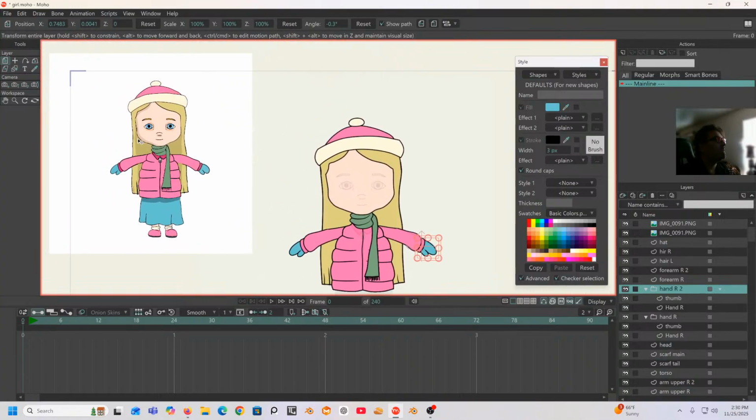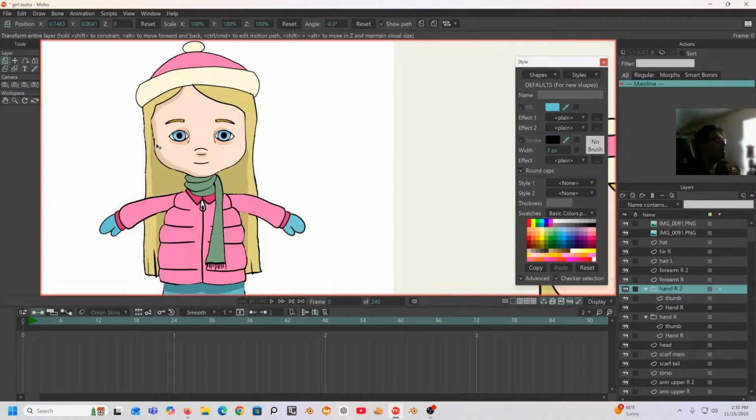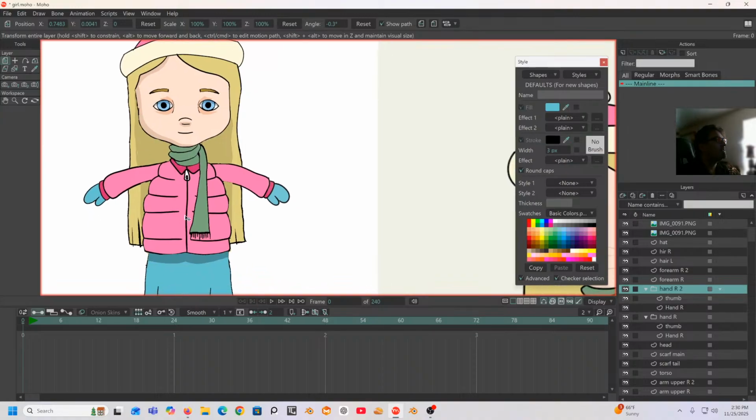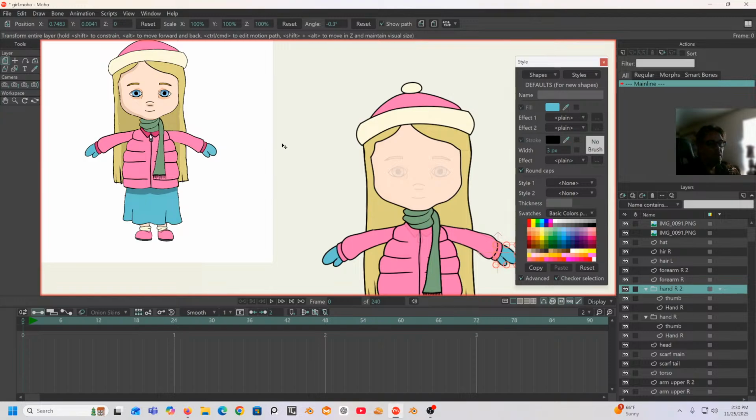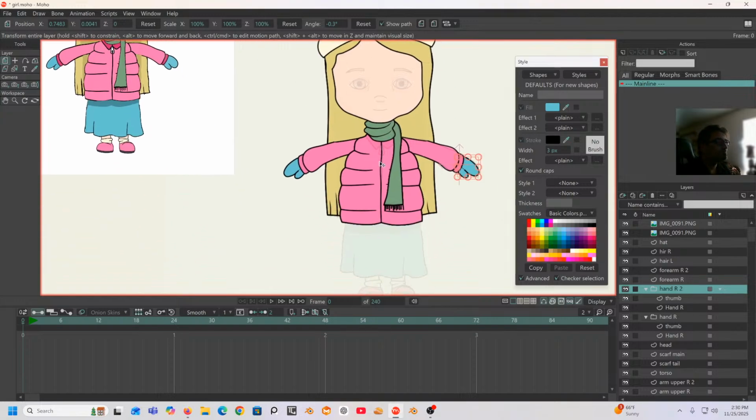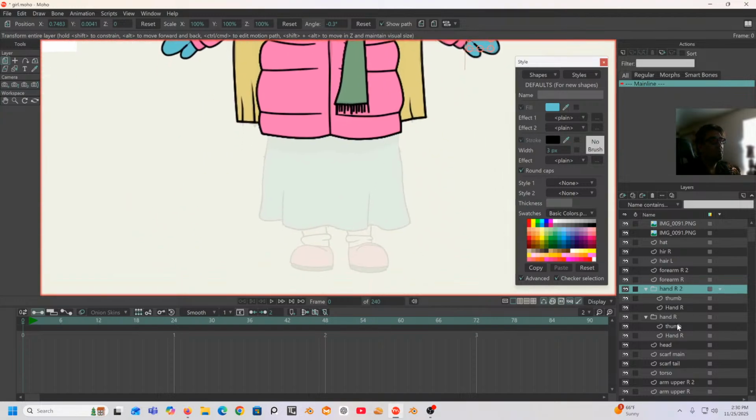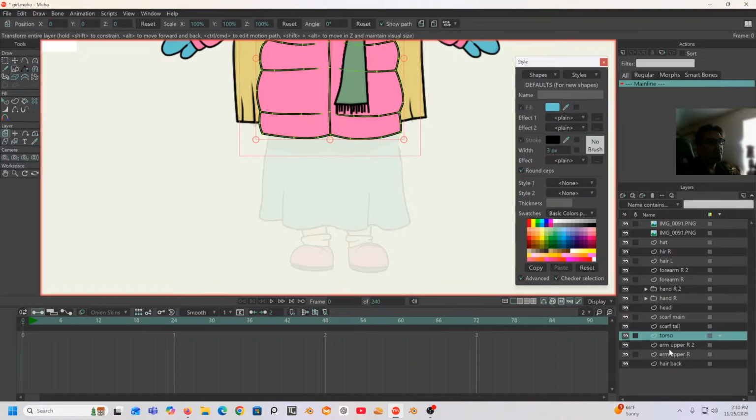All right, so let's go on and do the skirt. Evidently there's a hair shadow, there's face shadows, all kinds of stuff. I didn't get to the body shadows while I was sketching it because this was more for getting the approval. But now let's get to the skirt, which is under the jacket. I'm going to close up these groups here, and you can see how it starts to clean up our overall look here. But let's go where our torso is, and this is going to need to be under the torso somewhere. Since the arms are probably going to come down over the skirt if they were to be long enough,